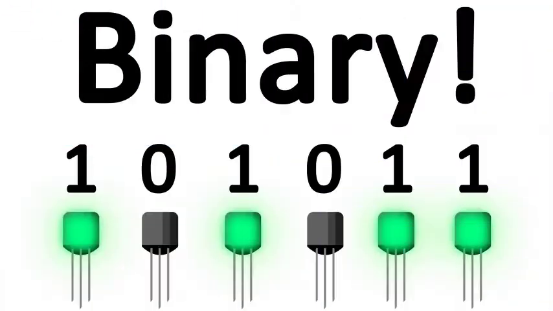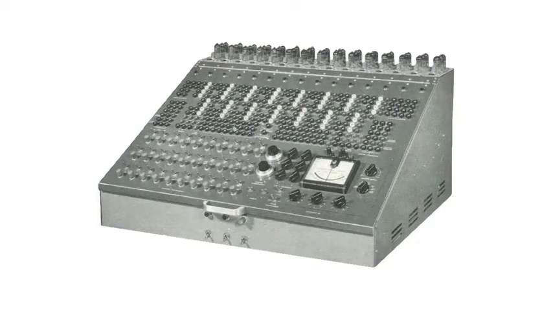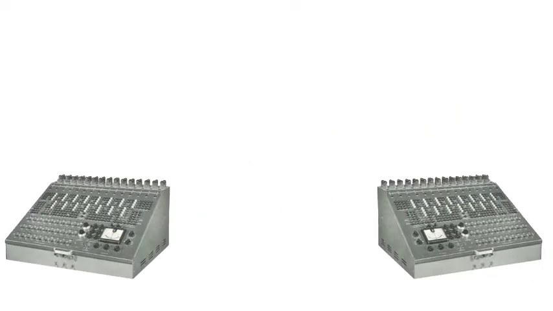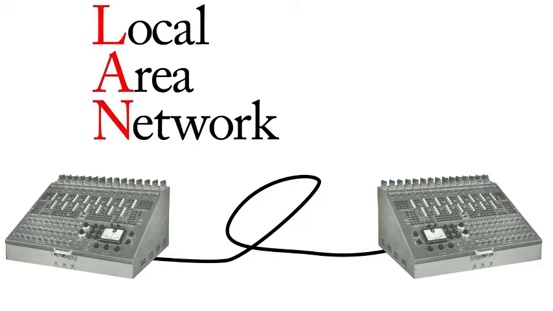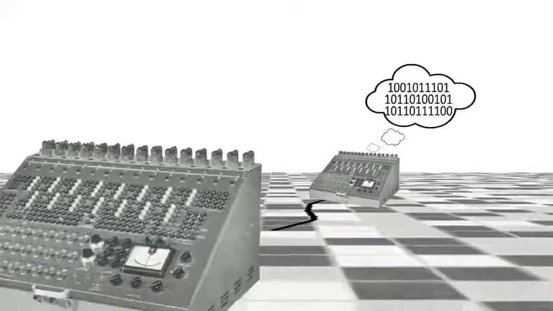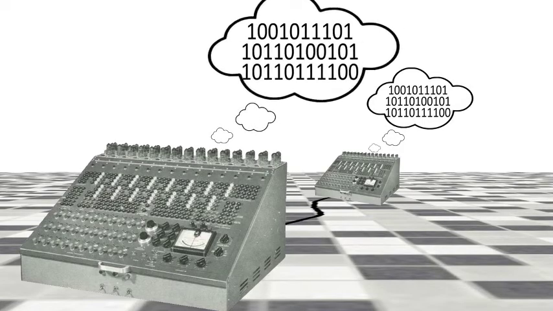As a refresher from my video on binary, everything in your computer that makes up data is composed of a sequence of high and low voltage charges that are interpreted as binary numbers. Very early on in the existence of computers, programmers were able to send this data from one computer to another in the same room over a wire directly connecting the two. This type of connection is known as a local area network, or a LAN. You have data on one computer, you connect a wire from that computer to another, and the sequence of electrical pulses are sent across that wire and then stored on the second computer.